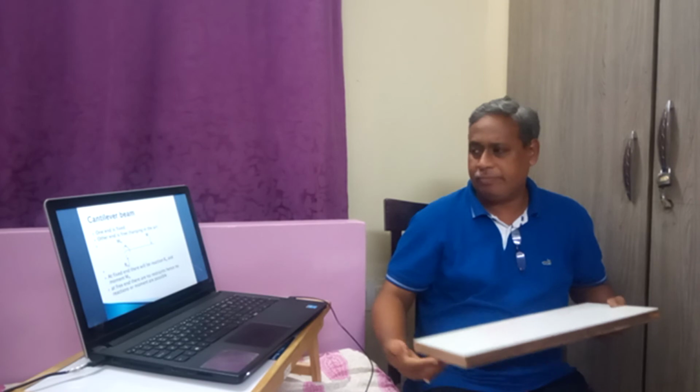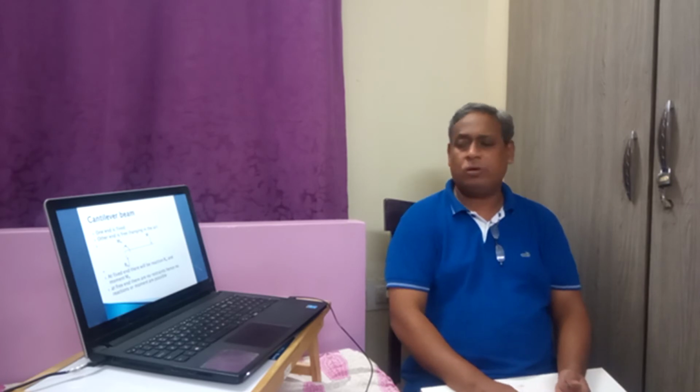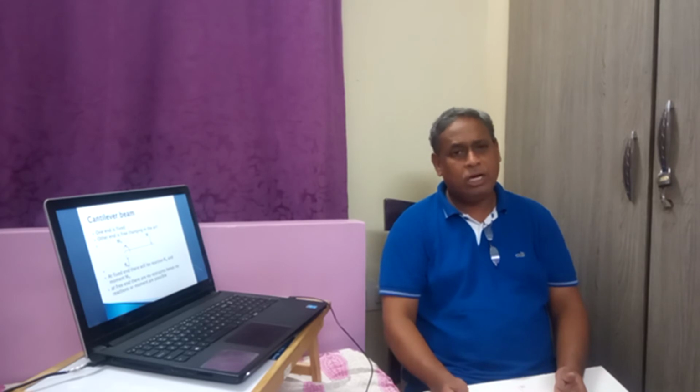That is, this end is free. It is hanging in the air. There is no support at this end. Only one support is there at the other end. This type of beam is called the cantilever. Since one end is fixed, as we have seen, for a fixed end there will be no movement, no translation or no rotation is possible. Therefore, for a cantilever beam, at one end there will be restraints against movement and rotation. The other end is free to move and rotate.